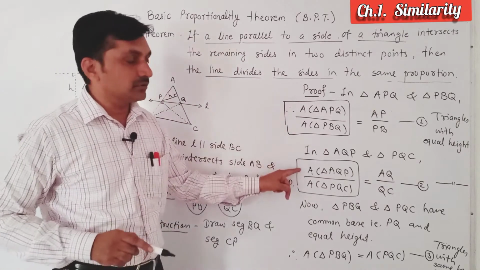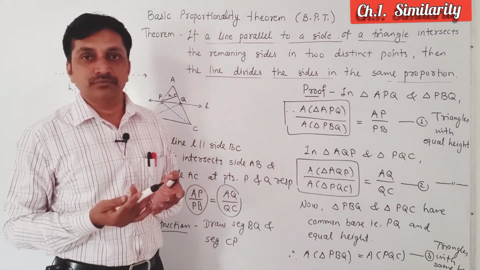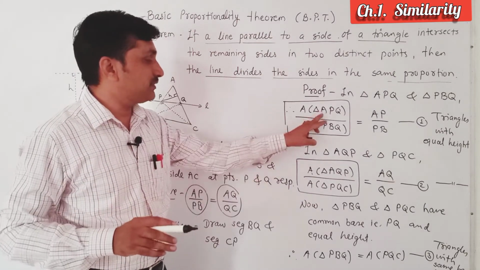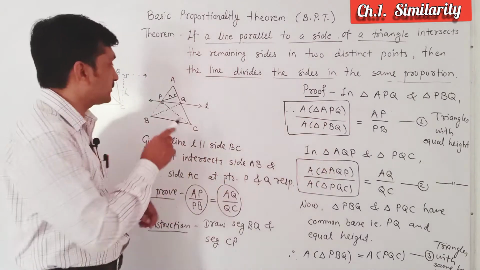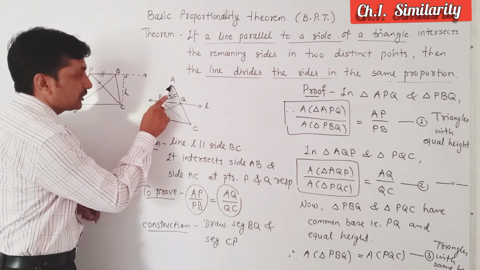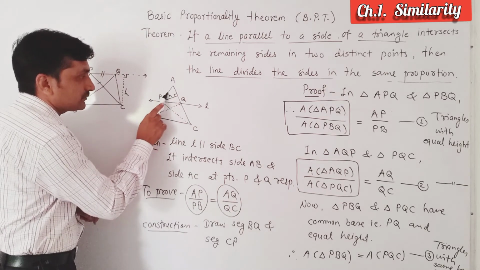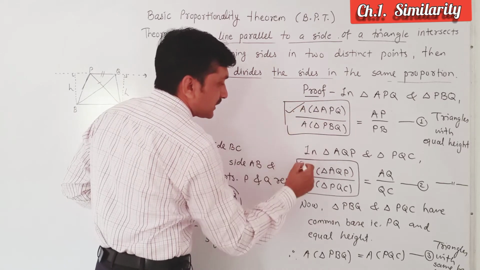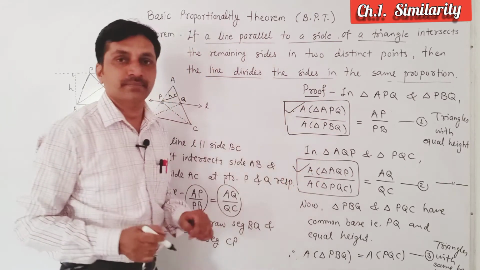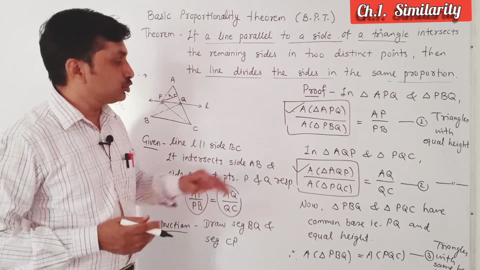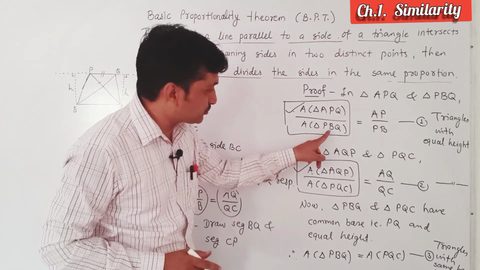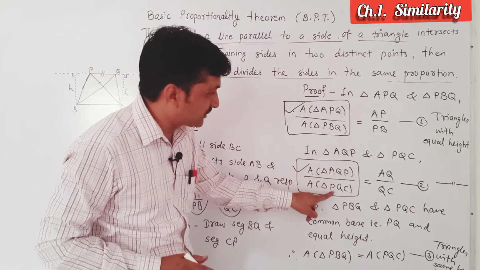Names are different, but the area will not change. No? If we change their names, the area will not change. APQ and AQP are the same triangle here. APQ, AQP, same area. Therefore, the area is the same. Numerator and this numerator are the same. We are directly comparing now. Numerators are the same. Now let's see about the denominator. Here the denominator is PBQ and here the denominator is PQC.